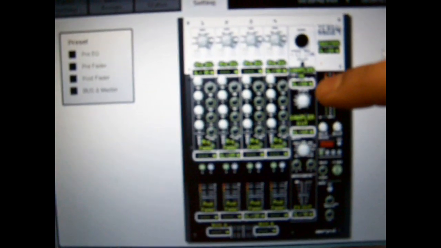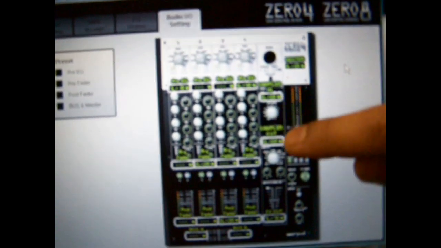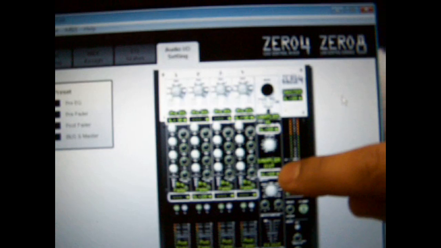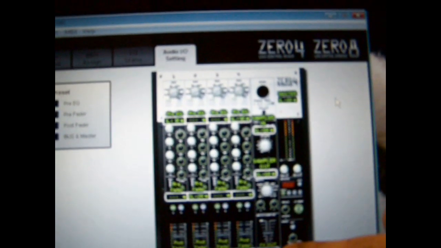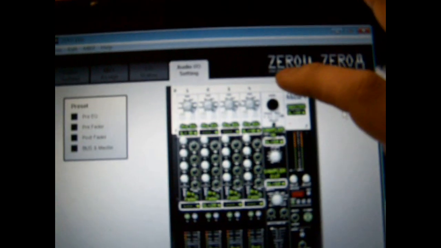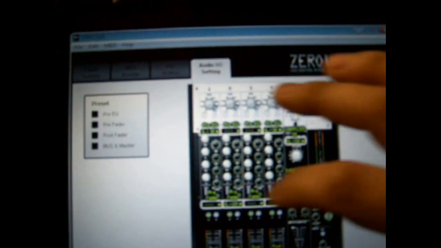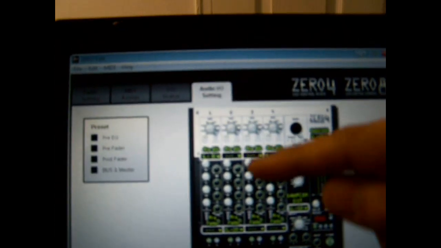On sampler in, I have 5 left and 5 right. Sampler out, 6 left and 6 right. And then effects out is 7 left and 7 right, meaning that this is basically one channel that in a similar way you can map 3 different ways, whether it's just what's coming in at the beginning and not what